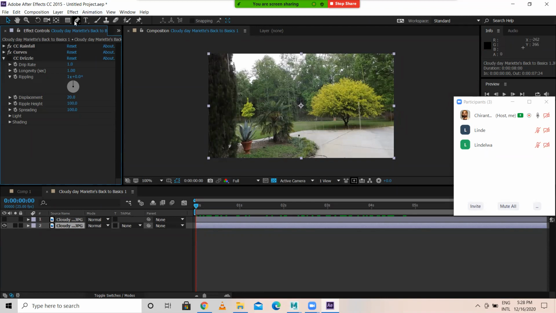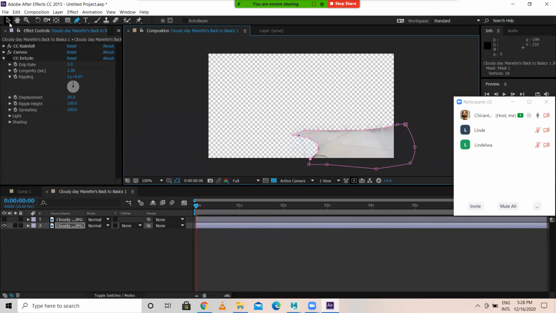See here, select this pen tool for the bottom layer. Okay, I'm selecting this. So I want only this one. Now I'll turn on CC drizzle.